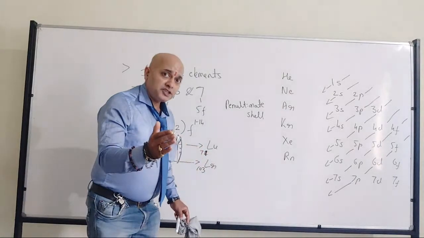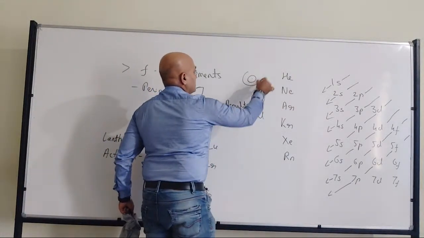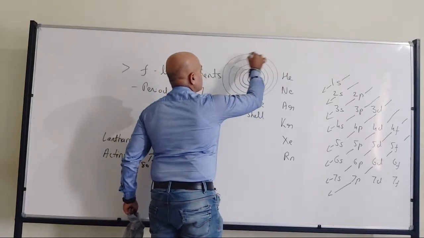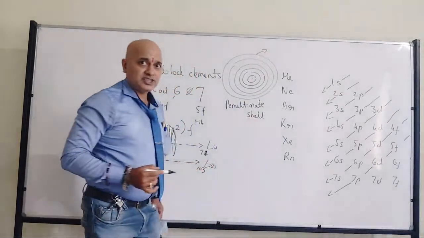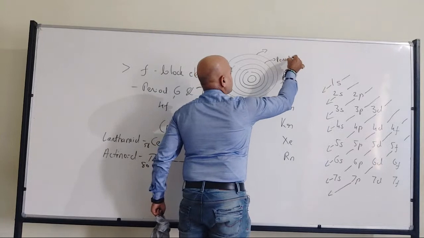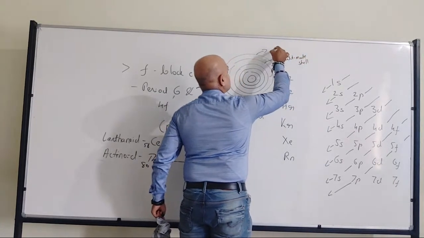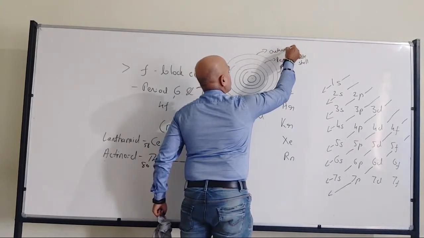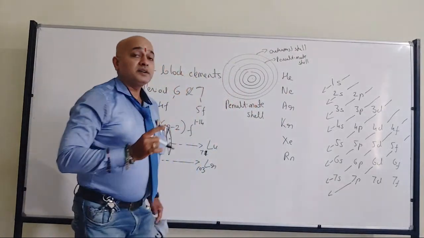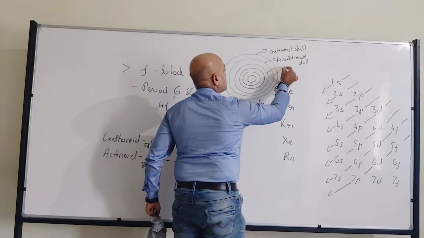So we are going much deeper, right? Say for example, we imagine we have an element, okay? Here this is the outermost energy level, and this is called the penultimate shell. This is called the penultimate shell. This is the outermost shell or valence shell. Fine. Now in the D block, the penultimate shell was getting filled up, but if you observe here, it is much more